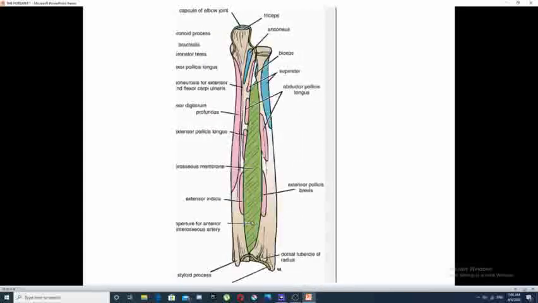The posterior surface of the radius and ulna gives attachment for another group of muscles, which is called the extensor group of muscles of the forearm. They attach at different sites on the radius and ulna, commonly the supinator muscle, abductor pollicis longus muscle, extensor pollicis longus muscle, extensor digitorum muscle,